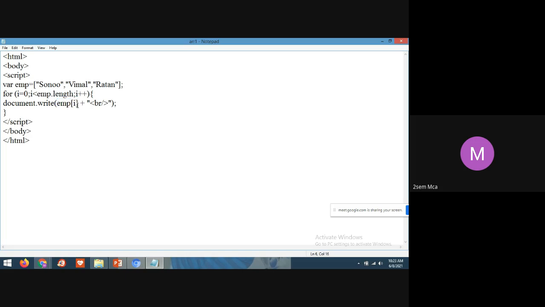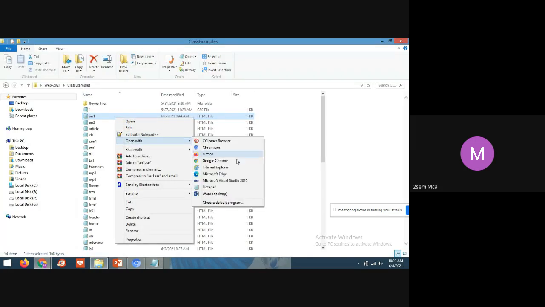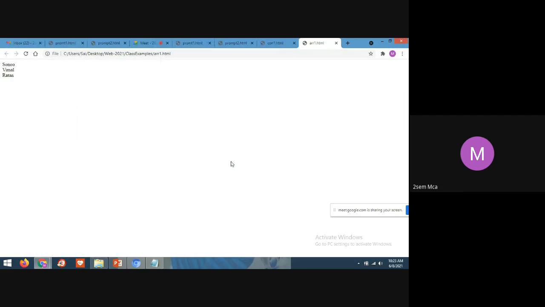To display the value I have used document.write, whatever emp[i] is. The index value it will take, and using the index value it will display the output: Sono, Vimal, Ratan. Those three values it will display.